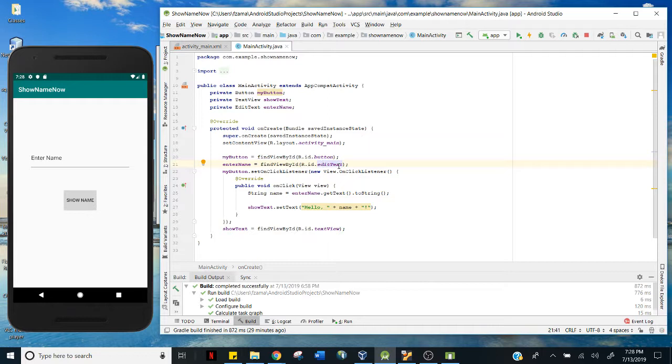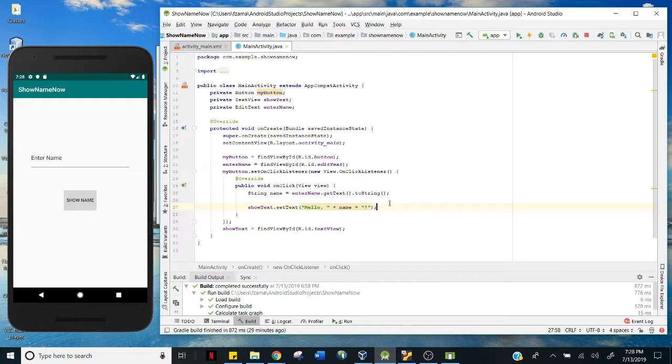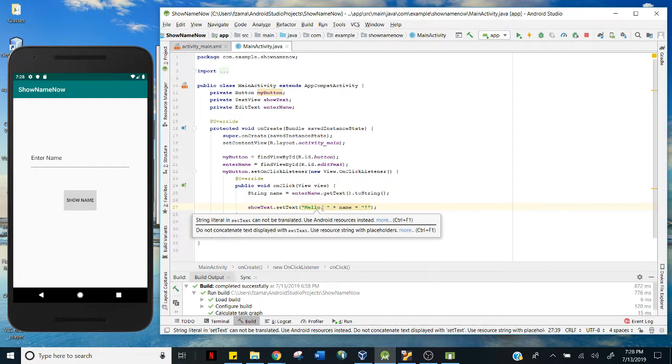So now what I wanted was the text that the user will type to be displayed after the user clicks the show name button, and that is how this portion of the code actually ended up being modified. So what I actually did is that text would be the string. I wrote this logic in here and then I modified this